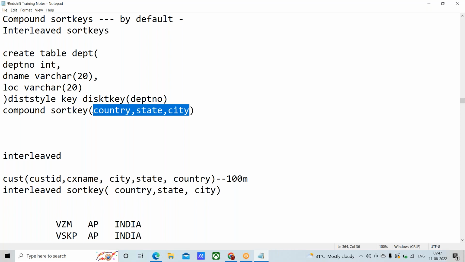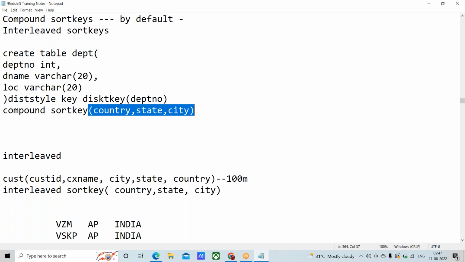If it is a 100 million records table, among these three, which field will have more duplicates? City or state or country? Country will have more, because if you're talking about only India customers, let's say these 100 million, all 100 million records will have India only,